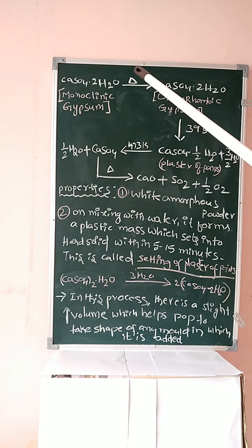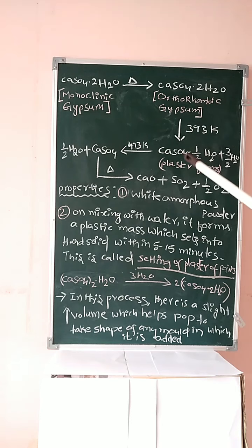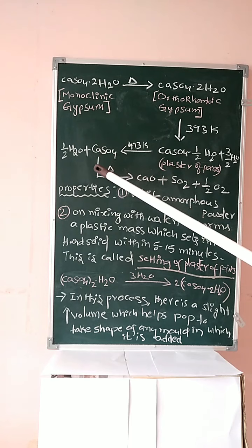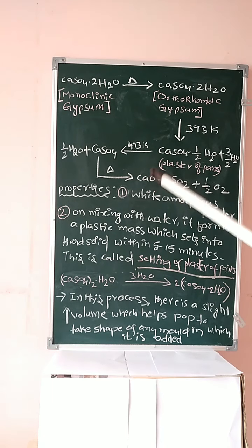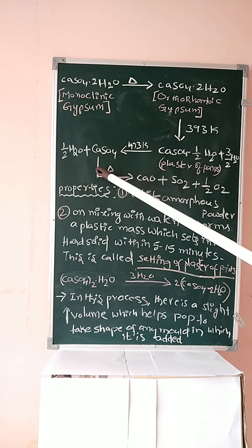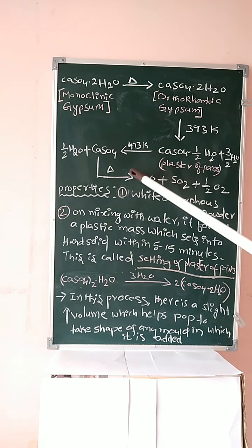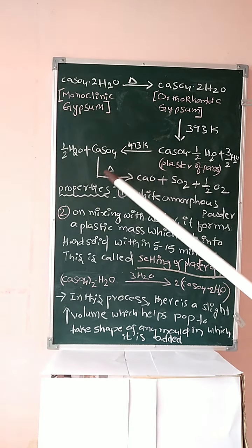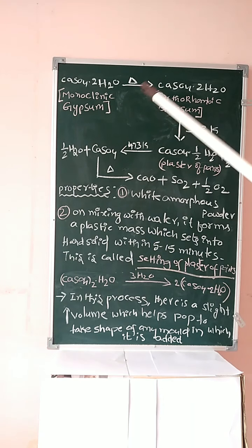Monoclinic system upon heating gives A, at 393 Kelvin gives B, at 473 Kelvin gives C, and calcium sulfate which is heated gives quicklime. What are the products A, B, C? Like this they will ask, student. Here A is orthorhombic gypsum, B is plaster of Paris, C is calcium sulfate, and the last product is quicklime or calcium oxide. All are compounds of calcium only: gypsum, plaster of Paris, anhydrous calcium sulfate and calcium oxide. Very important sequence, student. You will practice this many times from a competitive point of view.